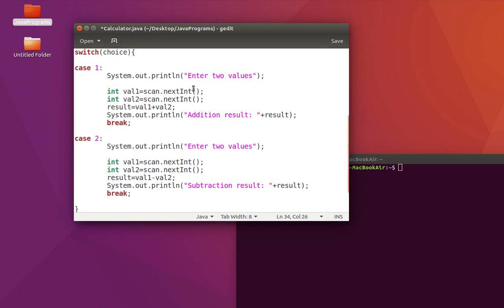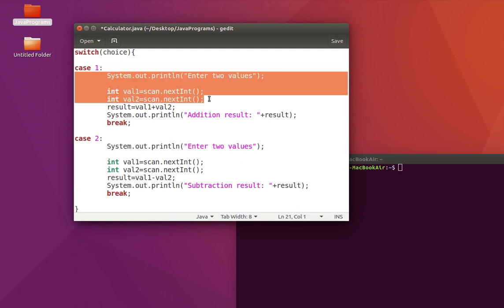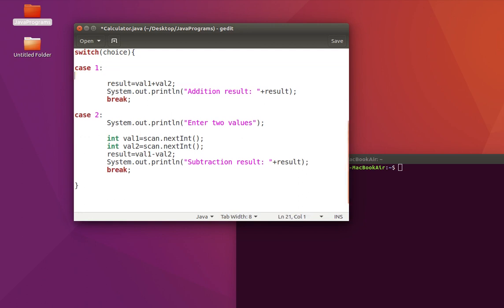These values, we'll have to have more code. 3 lines is additionally added. Just to cut it short, we have kept it above switch, so that we take 2 values and perform operations, be it a subtraction, addition, or anything. But there are programs where you need to read input separately in every case, that we cannot avoid. But for this program, we can actually avoid multiple times.